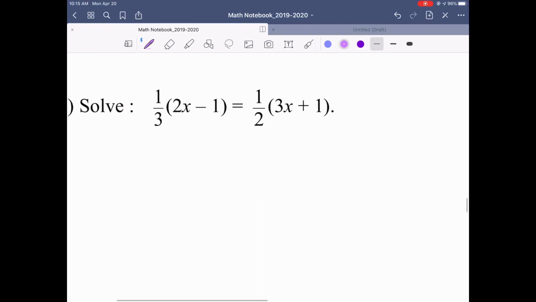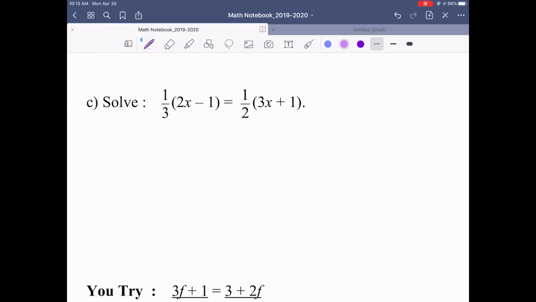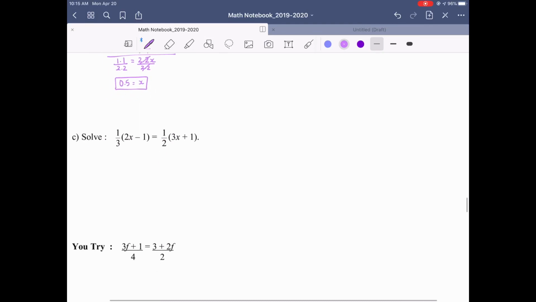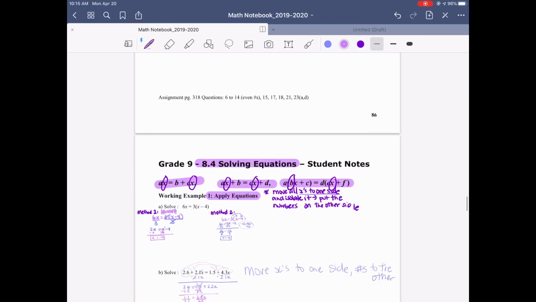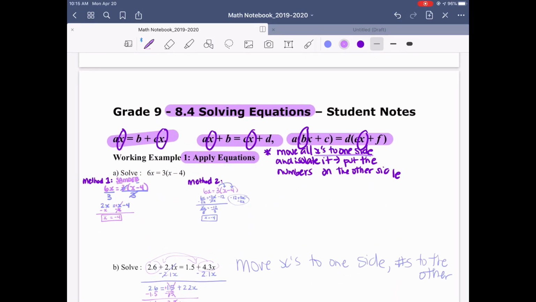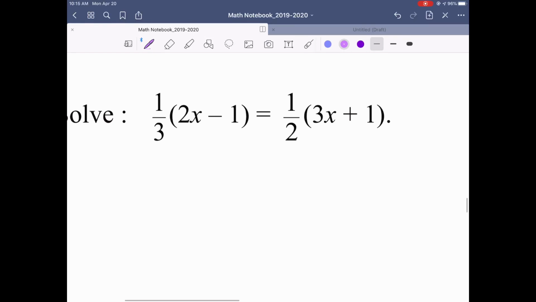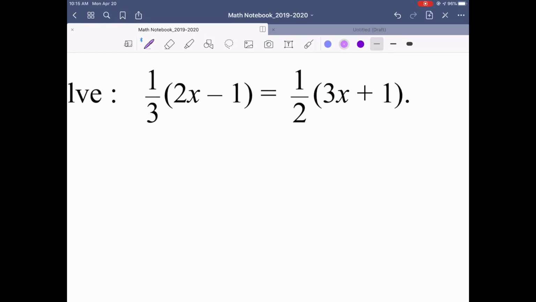This question deals with two cases of distributive property, and then brackets and stuff as well. So it's a little bit more complicated. This is the most complicated you're going to see it. Having brackets on both sides is the most complicated version, and putting fractions in there just makes it even worse. So what we're going to do is